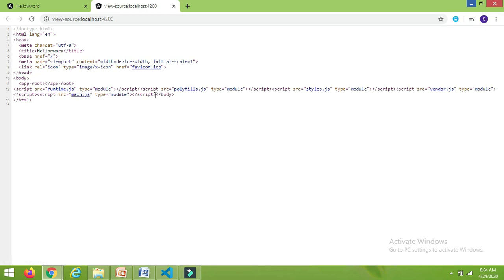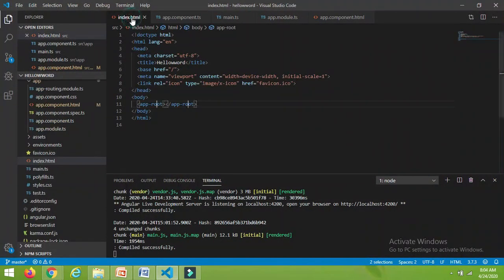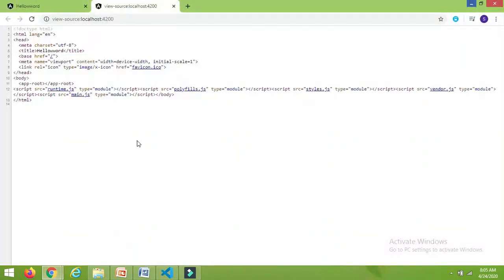When we run our Angular project, it added some script files at the end of this index.html, because you can see in the index.html file we don't have any script tag, but in view source we can find some script tags added.